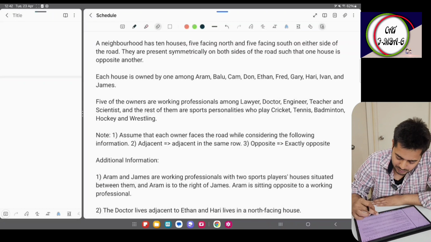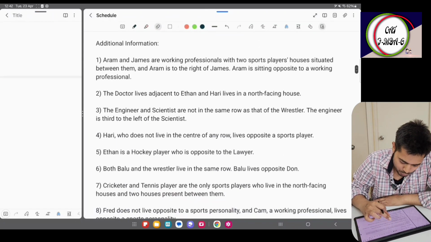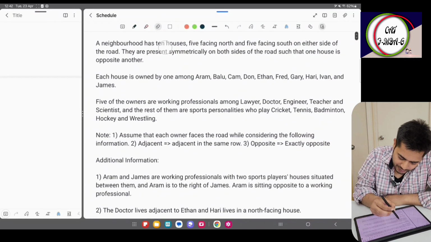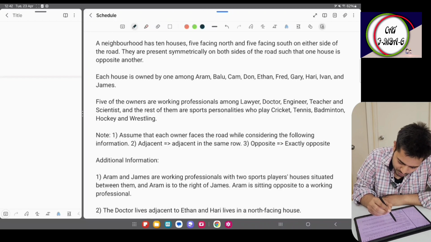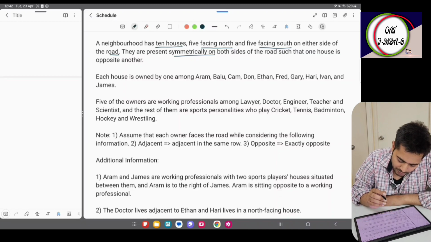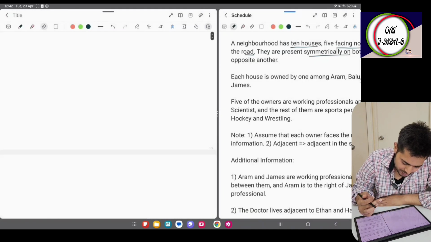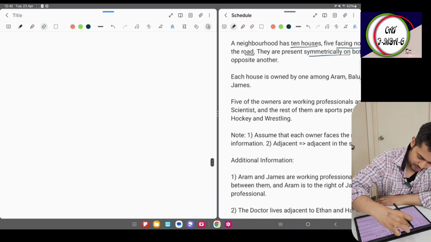First, let us go through the points which are given in the question. So it is given that a neighborhood has 10 houses, okay, 5 facing north and 5 facing south on either side of the road. They are present symmetrically on both sides of the road, okay. So the thing is, okay,